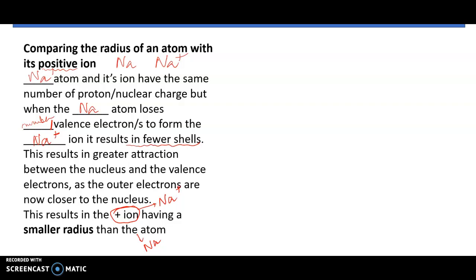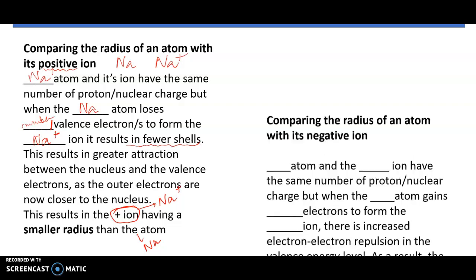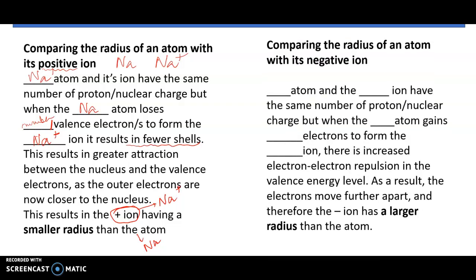Now let's look at how you do the same explanation for a negative ion. If you were asked to compare the radius of an atom with its negative ion, here's how you'd start. Let's take an example of chlorine and the chloride ion, Cl-. You would say the chlorine atom and the chloride ion have the same number of protons. Nothing has changed in the nucleus. Remember, when you're forming an ion, it's only the number of electrons that change. So that's why we start by saying both these chemical species have the same number of protons and the